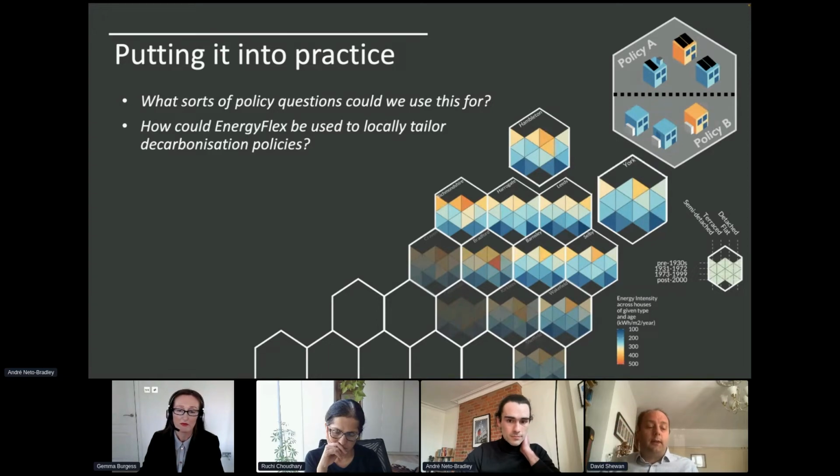seen as our role is perhaps not to lead the policy, but to equip people with the tools to find out the answers to the questions that they want the answers to. I think in your presentation, you talked about flats in Haringey and how they might be suitable for heat pumps and all those sorts of things, and people just don't fit into those sorts of categories